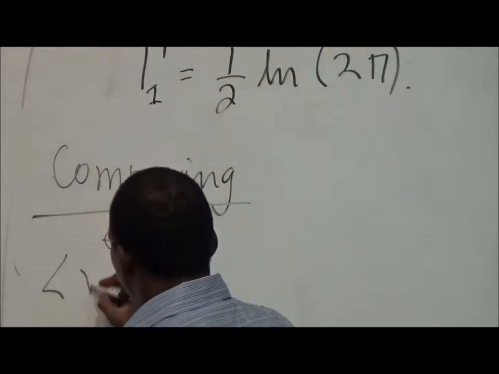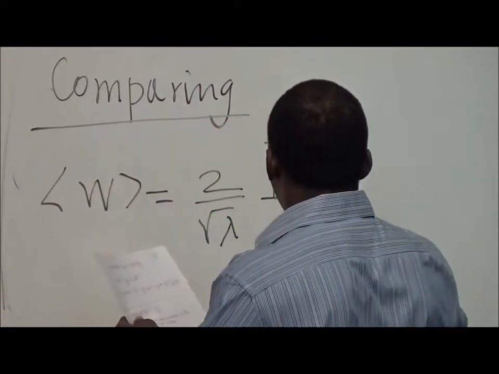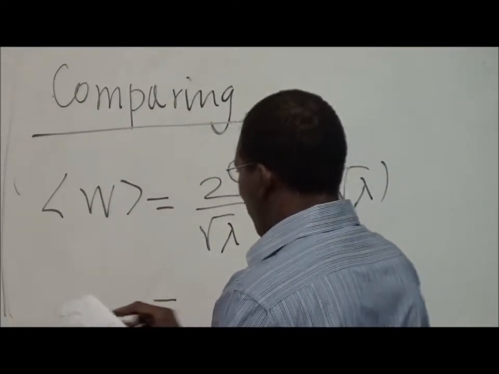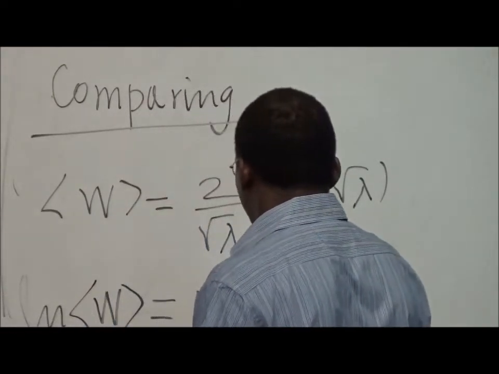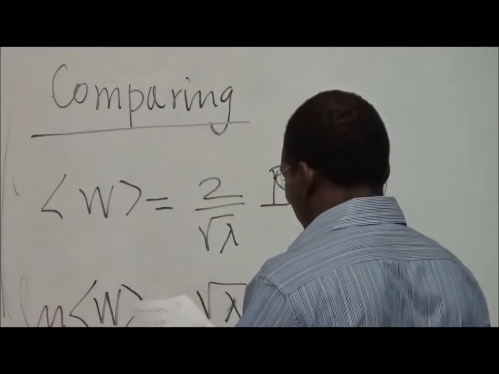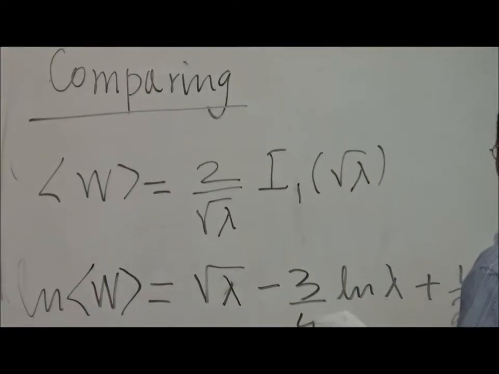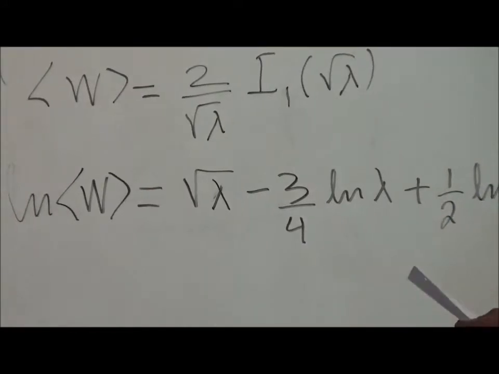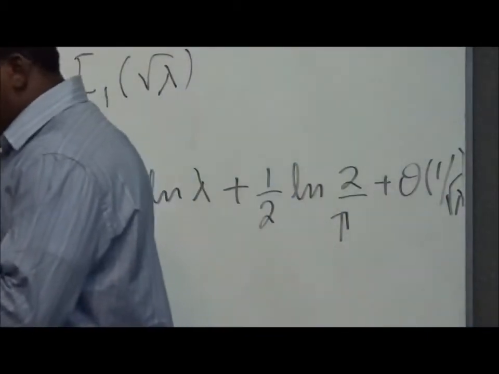So the field theory was 2 over square root of lambda I1 square root of lambda. And when I expanded this, it became, okay, let me write like this, log of square root of lambda minus 3/4 log of lambda plus a half log of 2 over pi. And then plus, there are things that I can write down, but they would now be ordered 1 over square root of lambda. Now the gravity side,